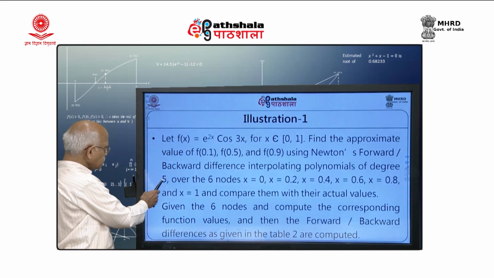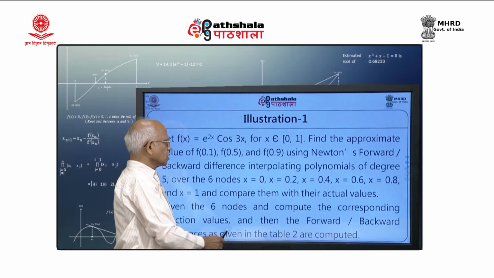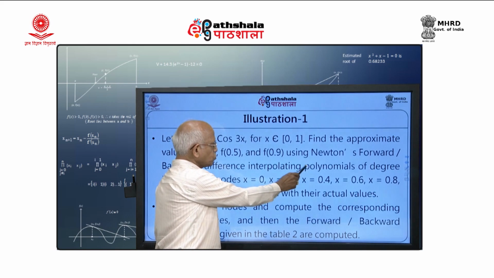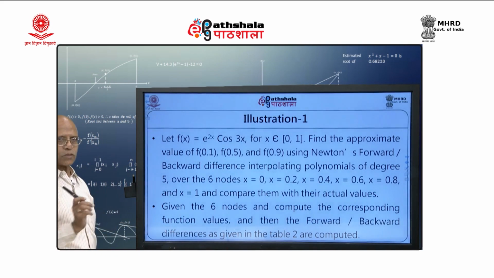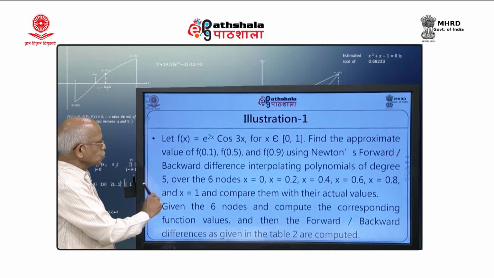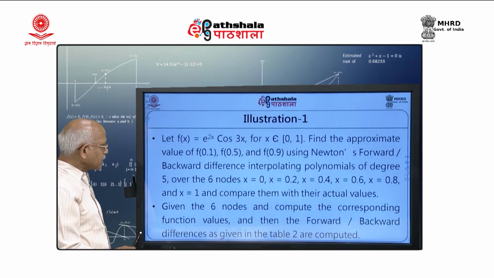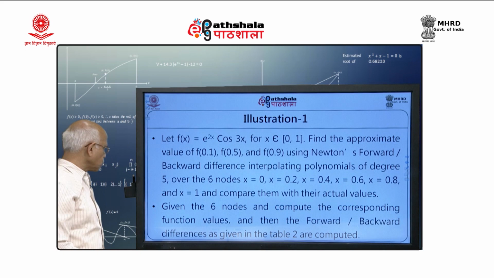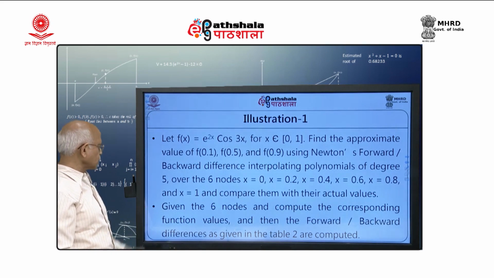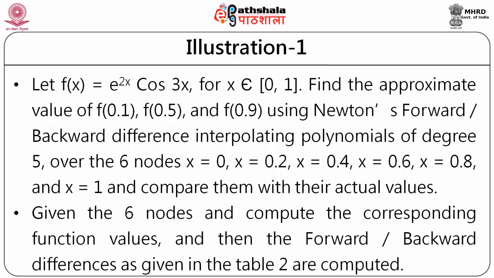Now, I am going to do it by forward and backward difference interpolating polynomials of degree 5 over the 6 nodes 0, 0.2, 0.4, 0.6, 0.8 and 1, because I want equally spaced nodes. You can see the difference between 2 consecutive values of x is always 0.2, and we will compare the results with their actual values. Actual values we can compute because f x is known. Given the 6 nodes, we compute the corresponding function values,